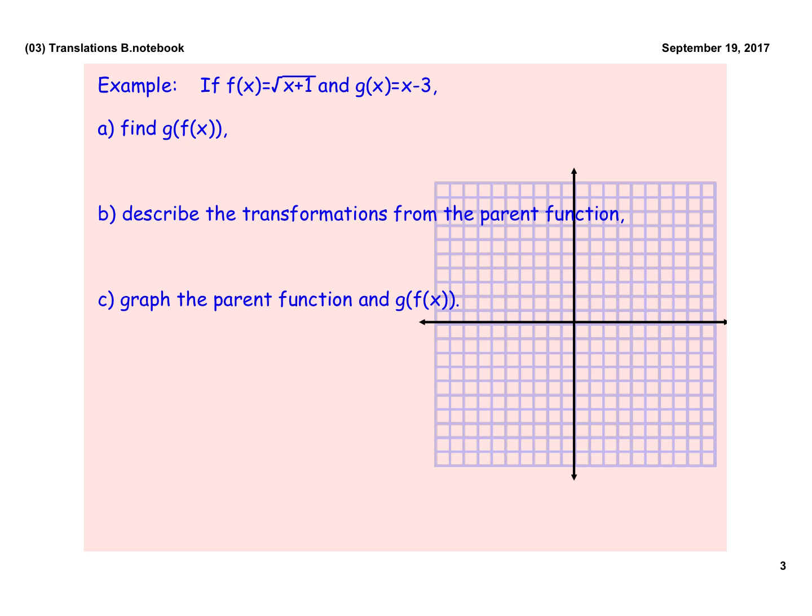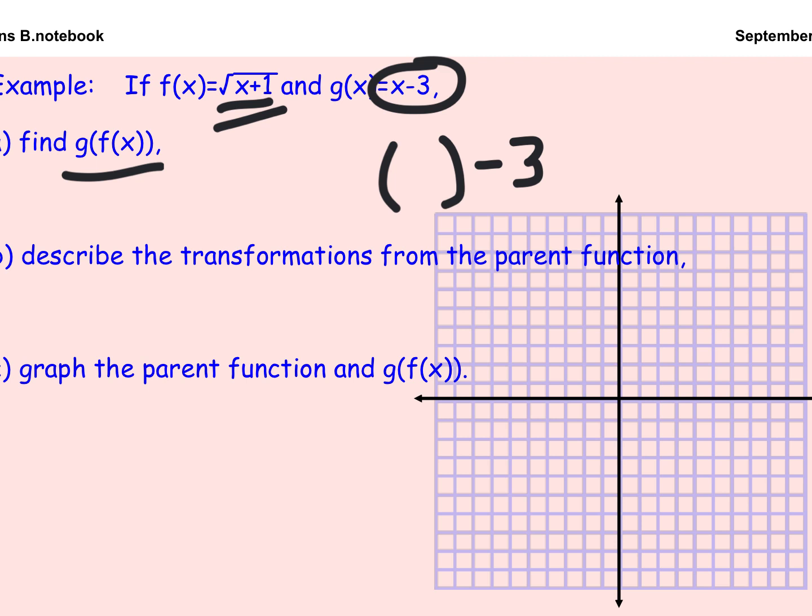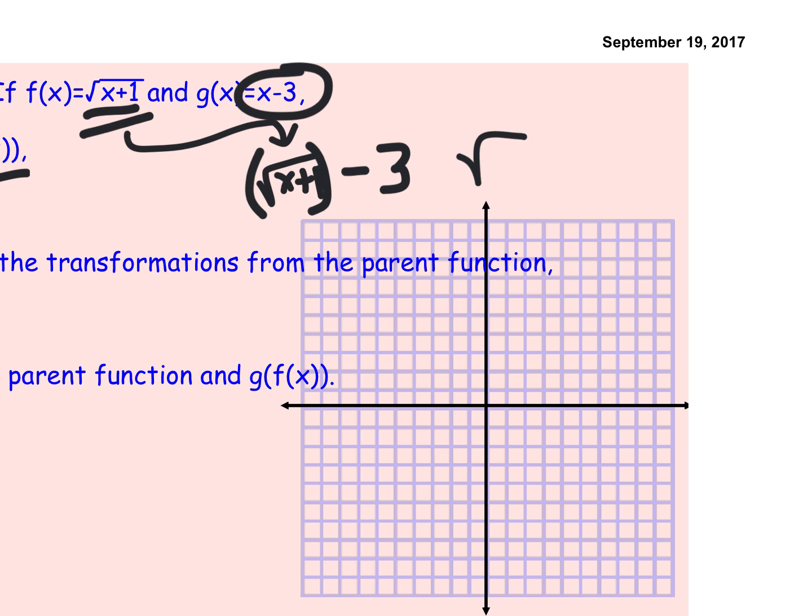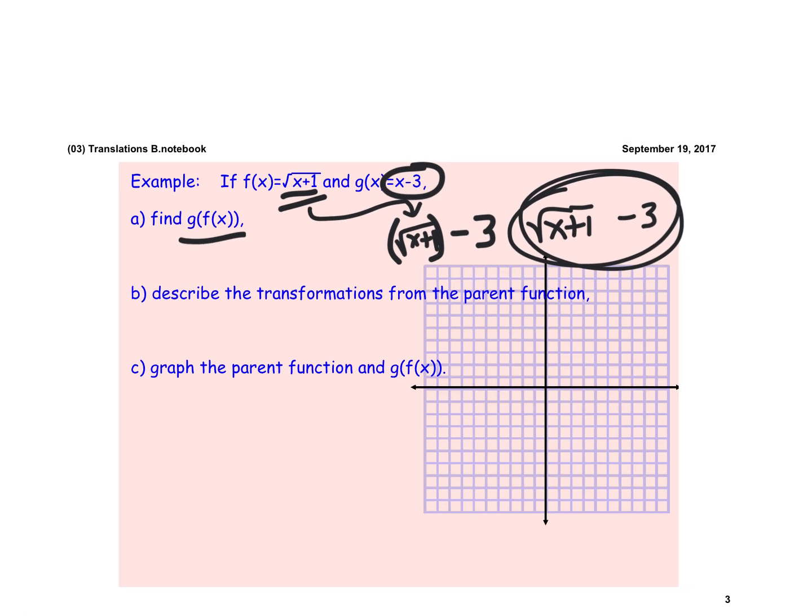Okay, so first off, it says find g of f of x. That means the g function, this guy, is going to eat that. So I take my x minus 3. Notice I replaced the x with a parenthesis. And then I put in this. Square root of x plus 1. All right, so there's my function. Square root of x plus 1, keep it all under the root, minus 3 outside the root. There's my function. And now if I had to describe that, oh, that's easy. I'd say it was 1 to the left,